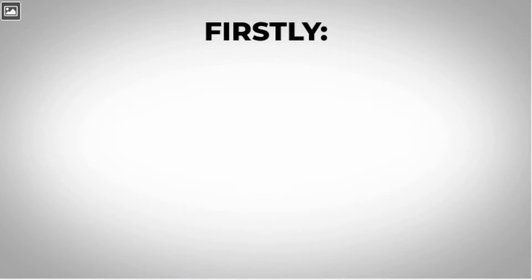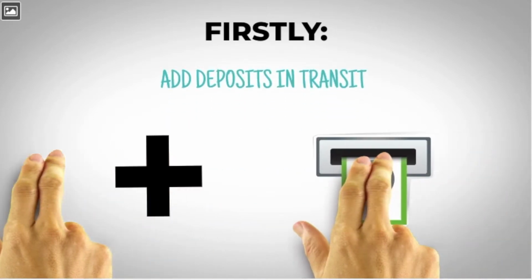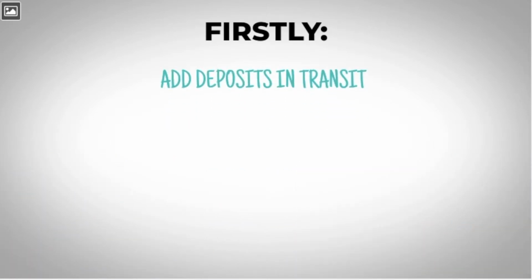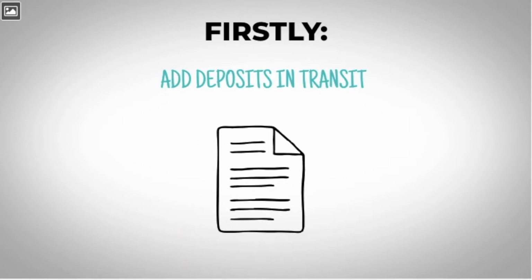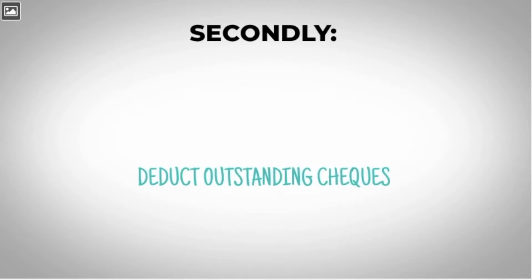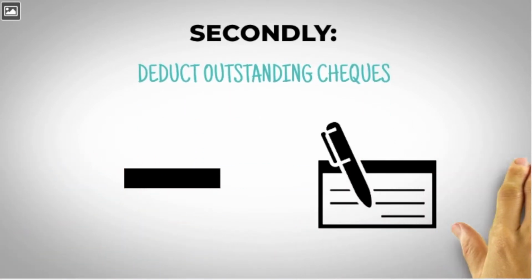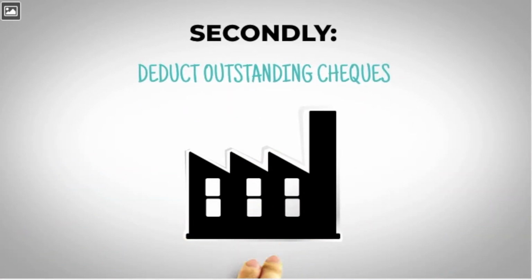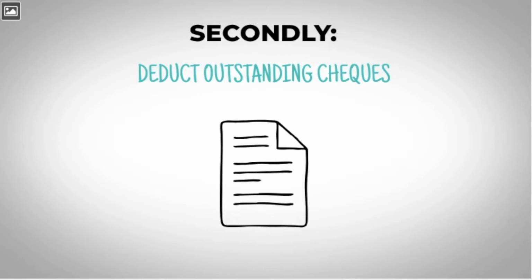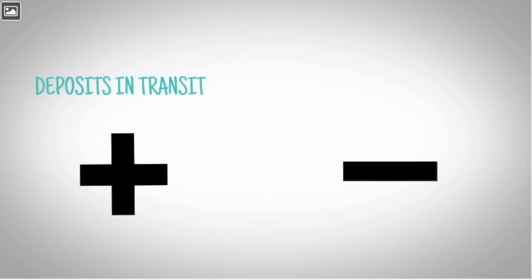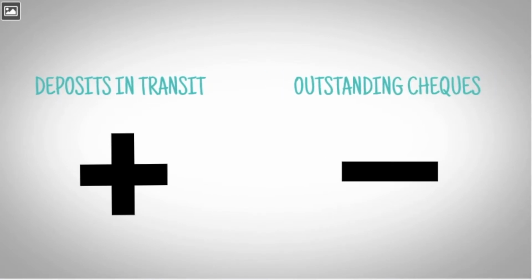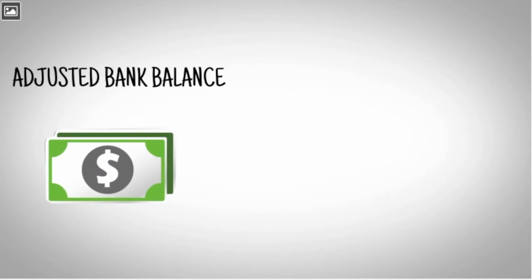This is done by first adding deposits in transit, which are deposits made by the company that have not yet been cleared by the bank, and hence are not yet displayed in the bank statement. Secondly, we deduct outstanding checks, which are checks distributed by the company but similarly are not yet cleared by the bank. By adding deposits in transit, then deducting outstanding checks, we're provided with an adjusted bank balance, which should equal